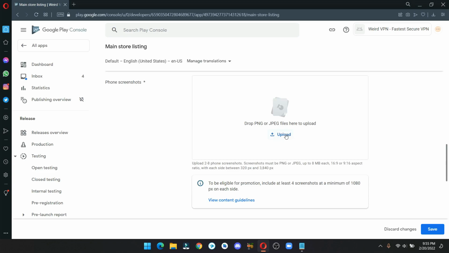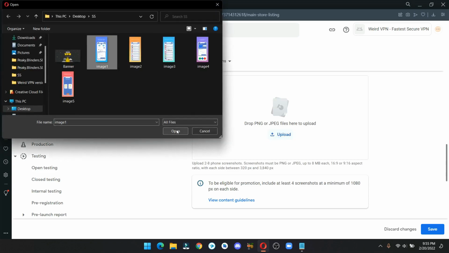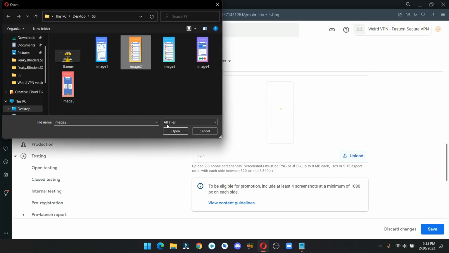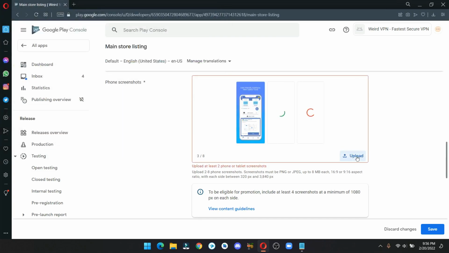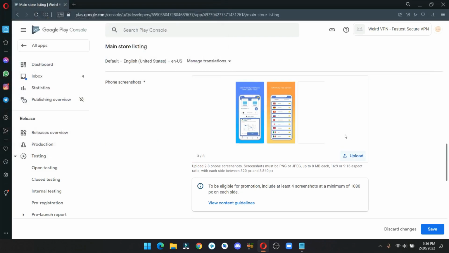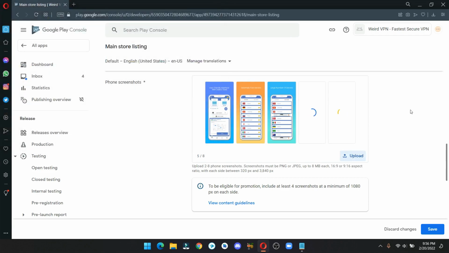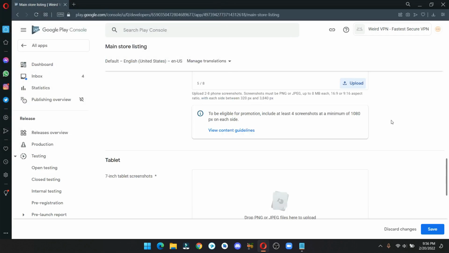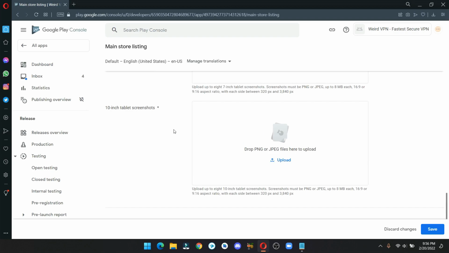Scroll down and upload the screenshots. Click on Save.